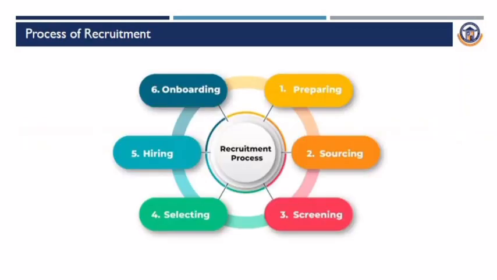So these are the steps which are followed while recruiting. First is preparing. Once a job opening is approved internally, the recruiter contacts the hiring manager. This step is about gathering details about the open position. During the discussion, the recruiter has to gather information like required skills, roles, responsibilities, etc., and use this information to write a clear and inclusive job description. Based on this job description, they can write the job posting.